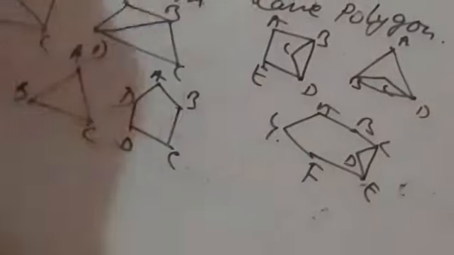If you make the diagonal in this, here also this is A, B, C, D, it has four sides. So we'll have a diagonal. Here also BD would be the diagonal. Here also, the CE will be the diagonal.